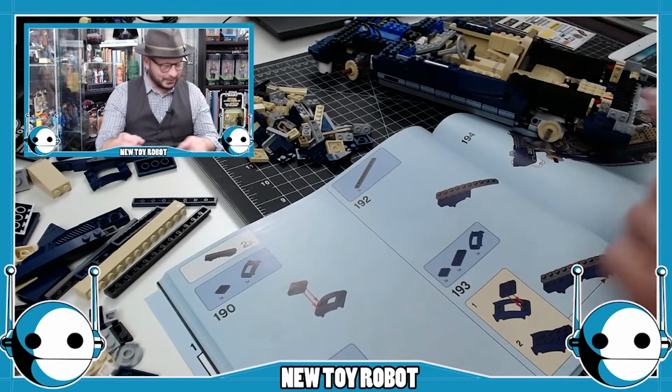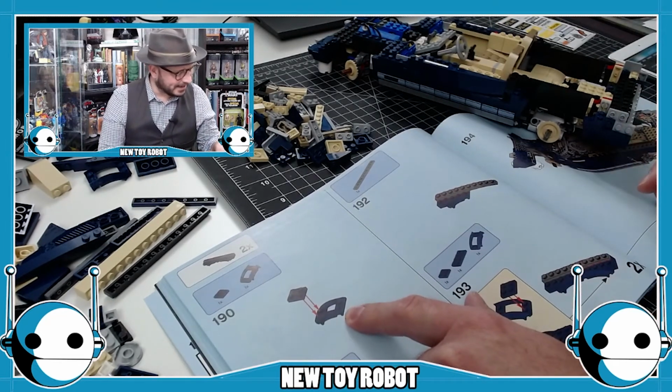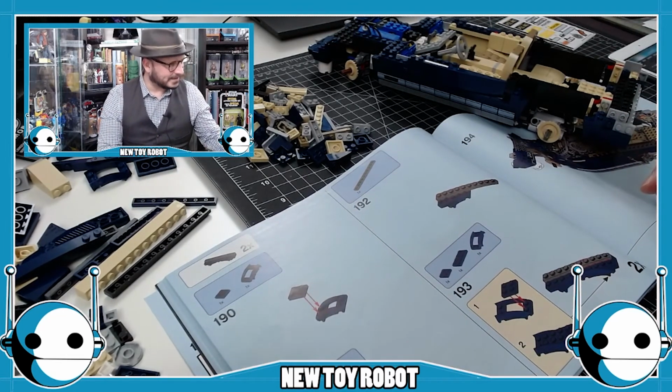Okay. Now we're going to do like the fenders. I think we're doing fenders now. Yeah, I think this is the,